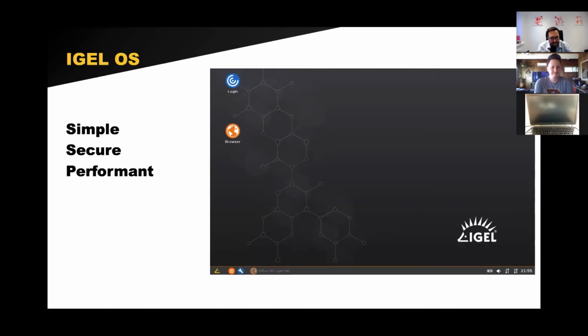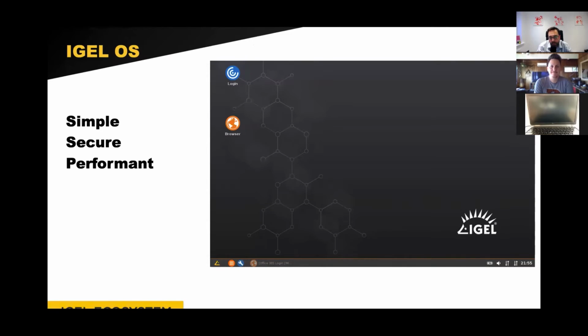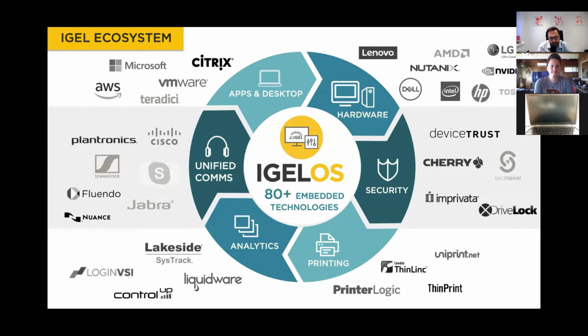It provides a very simple but familiar and performant user interface, and the IGEL OS has the ability to be deployed in a number of different ways, which we'll come on to. That IGEL operating system actually is very special, in fact, because it has a number of technologies already built into it as well. Technologies that allow you to connect to Citrix, VMware, Microsoft Windows Virtual Desktop, Amazon Workspaces, drivers and support for offloading,